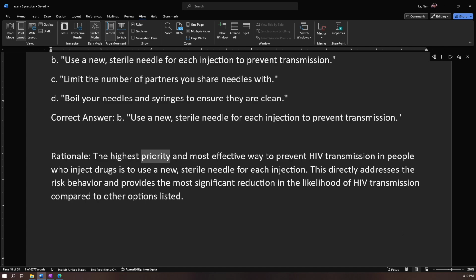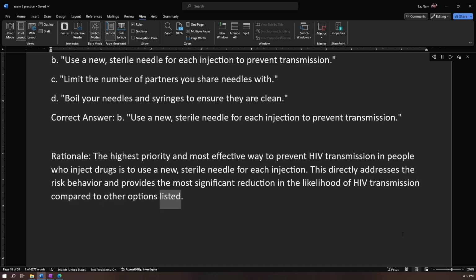Rationale: the highest priority and most effective way to prevent HIV transmission in people who inject drugs is to use a new, sterile needle for each injection. This directly addresses the risk behavior and provides the most significant reduction in the likelihood of HIV transmission compared to